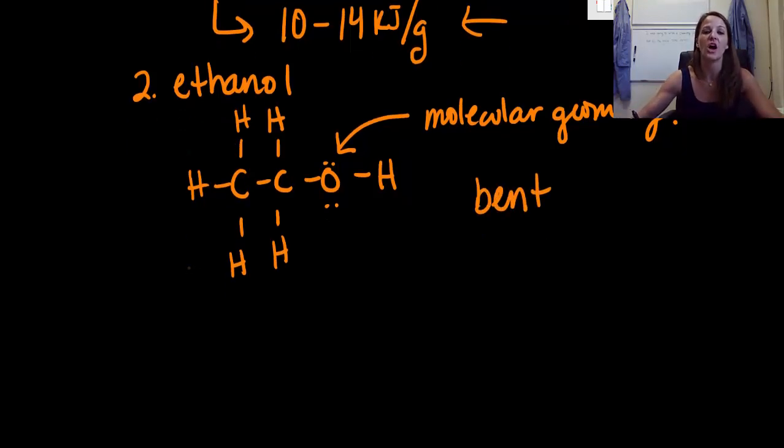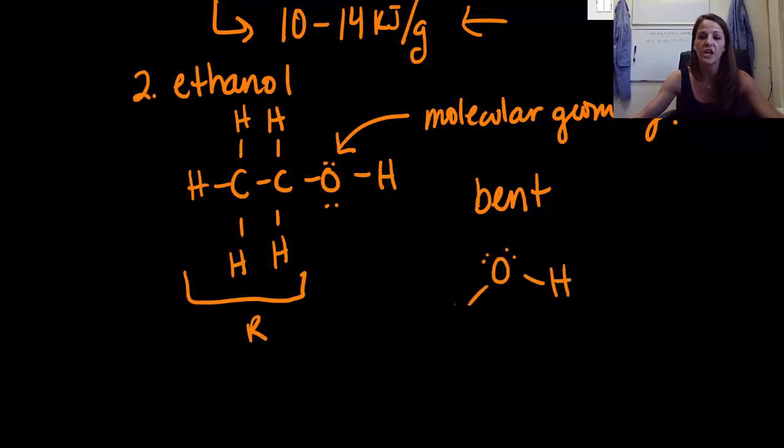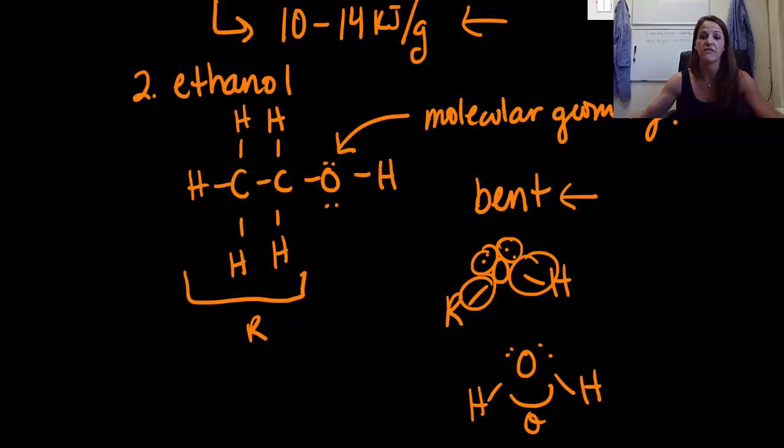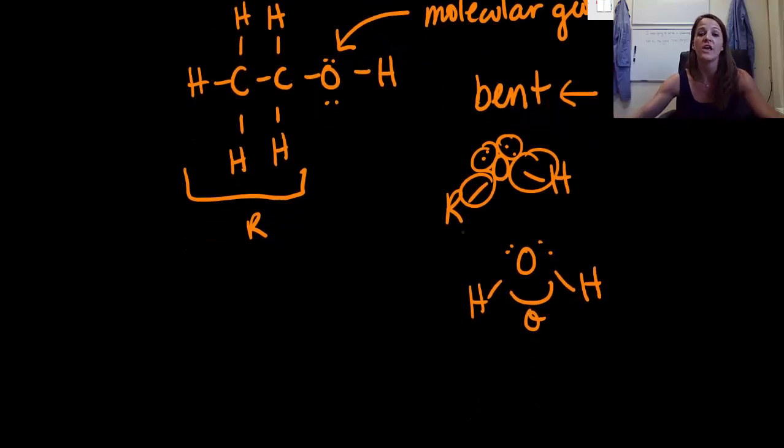Now, if you were completely lost and you didn't know how to do that, just write this whole section, so this hydrocarbon chain, just write it as R. So you could rewrite your oxygen, put those lone pairs in, you're connected to a hydrogen, and then just say R. It's connected to one thing. So that way you could hopefully see you have 1, 2, 3, 4 regions of electron density, 2 of which are lone pairs, and so that will automatically give you a bent geometry. Now, you could recognize that this is the exact same geometry and structure as water. So I could ask you to take it a step further and actually identify that bond angle. And if I did, you would have said less than 109.5 degrees. Yes, you need to remember the 0.5.